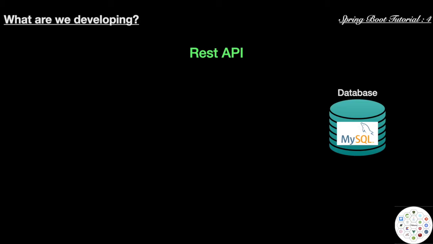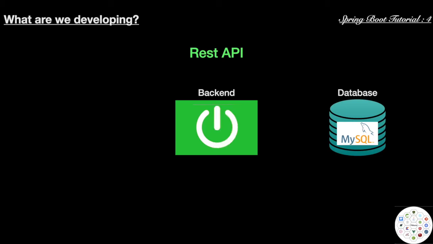Then the second layer that we have is the backend layer, which will take care of all the operations on the data which is present in the database. So the backend application will contain all the business logic which is required for our application to work. Our REST API will fall in this layer and we will use Spring Boot for that.